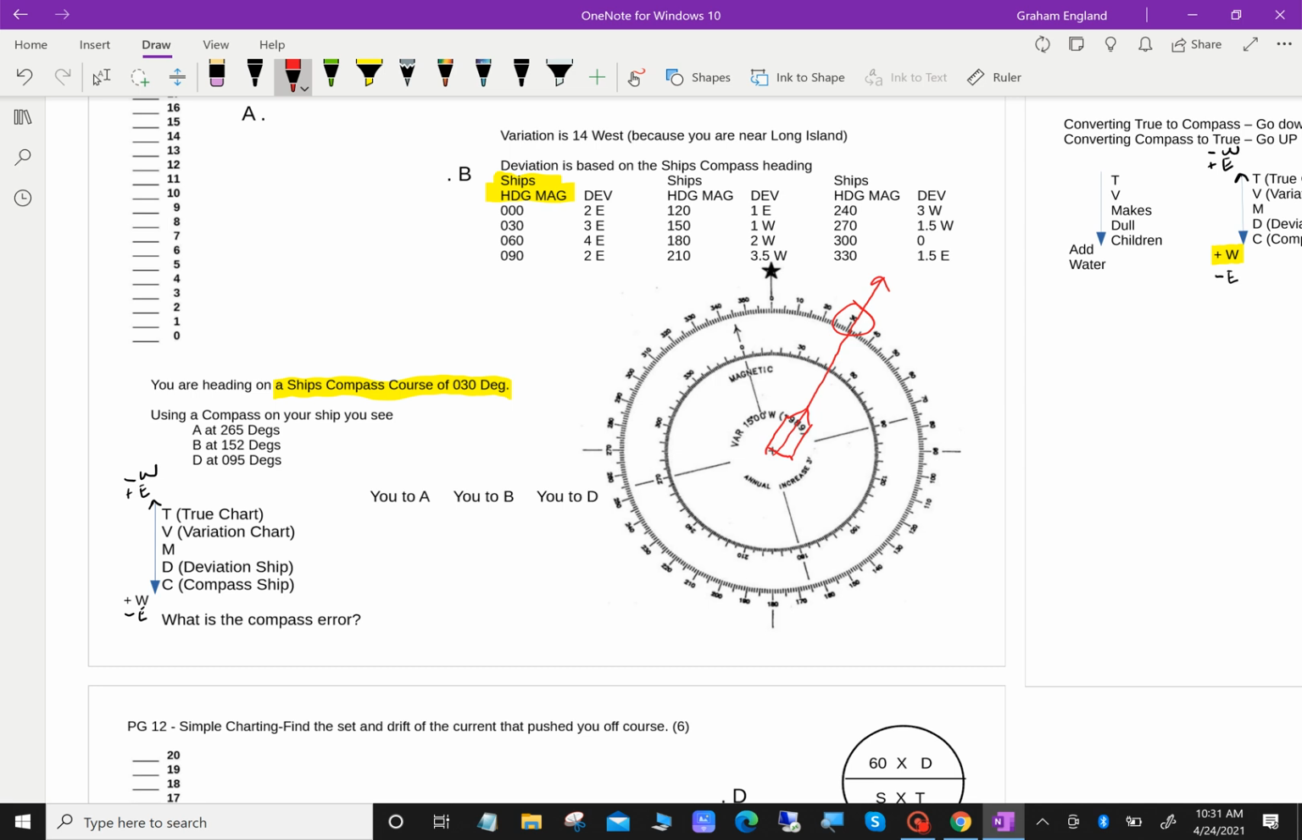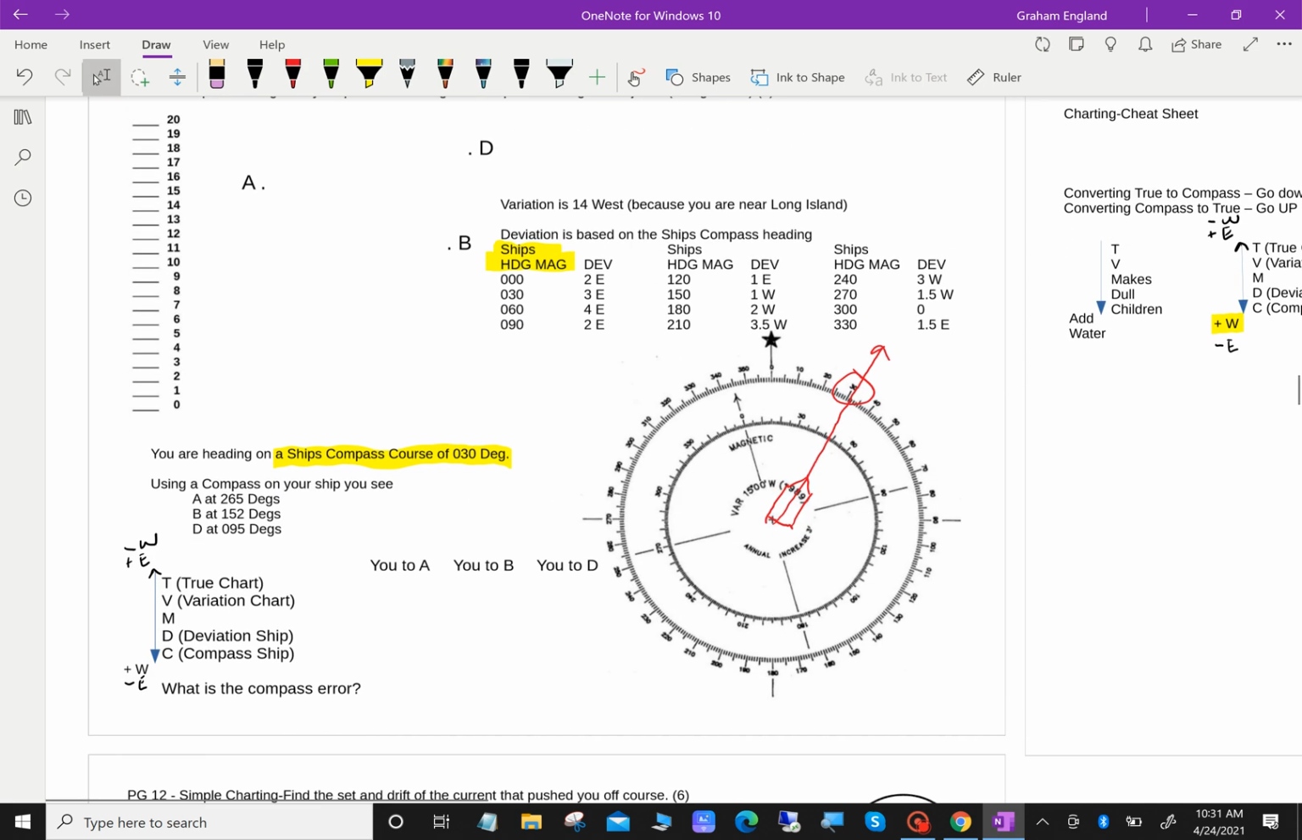Okay. Then we look over at object A. So we're pointed in that direction. We look over at object A on our compass. So we stand over here on our boat, and we look through the compass, and we see object A over here. That's what we see, object A. So what deviation do we use? What is the ship's heading? The ship's heading is 30. So the deviation that we use is